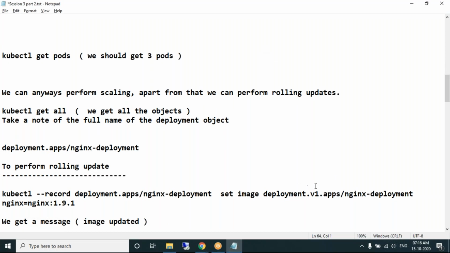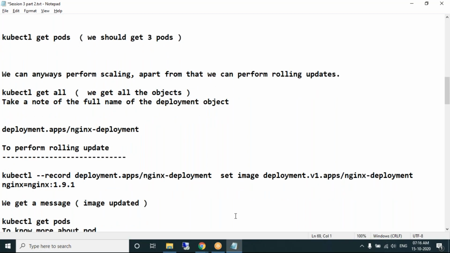Is this V1 a versioning, or is it always standard as V1? No, V1 is always the syntax as of now. There's a library named V1, so it uses that particular library. Okay. Thank you, Sunil.